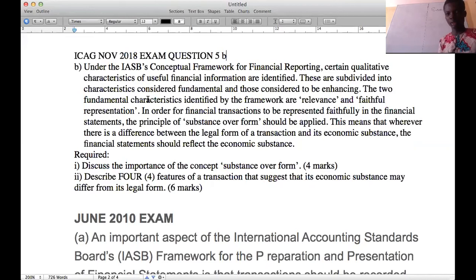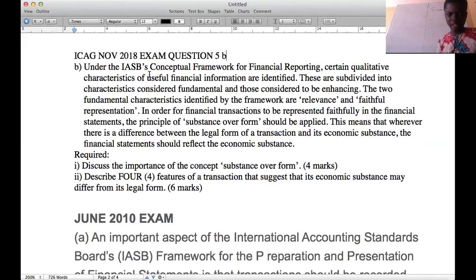Question 5B. Good. Now let's read the question. Please pay attention to this question solving section so that you can get it. I'll probably tell you the origin or the source of this question. So take note and be with me and you'll be fine.